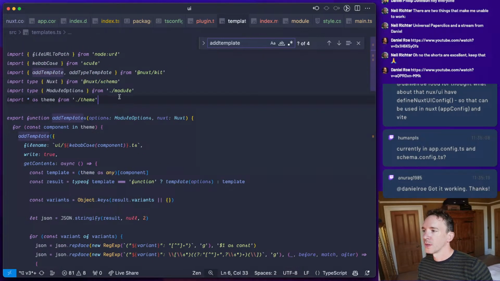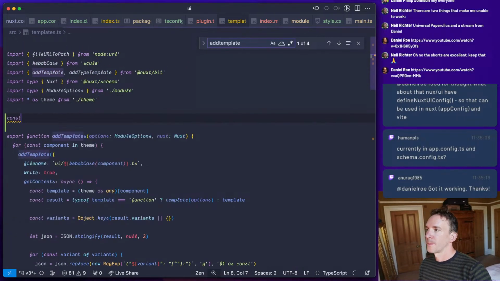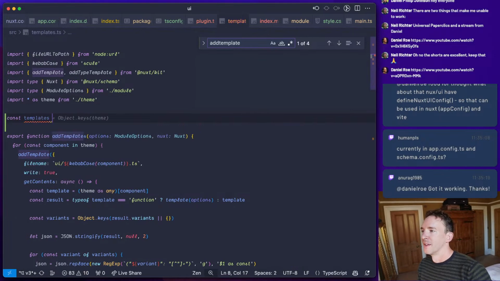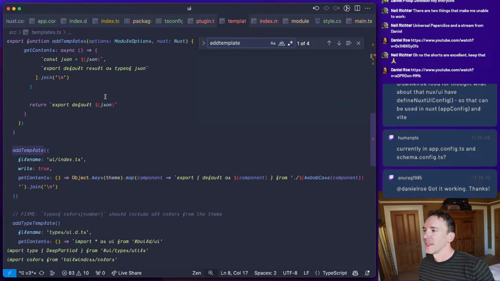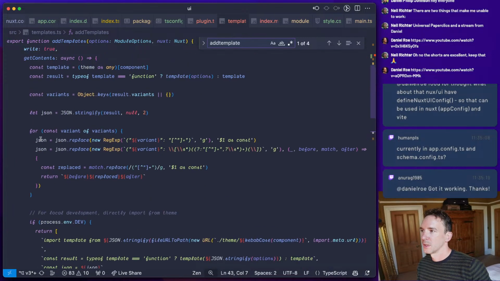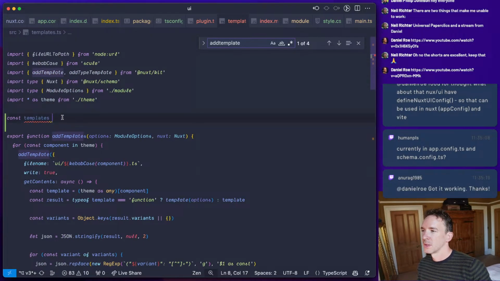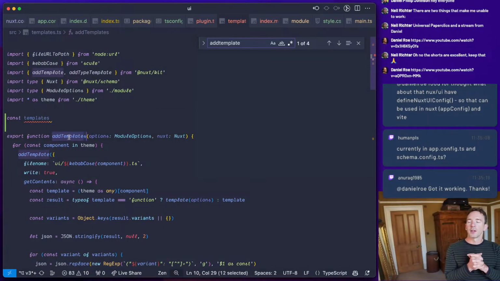I think we might want to do something like this. Let's just pull the template out. Okay, here's what we're doing.